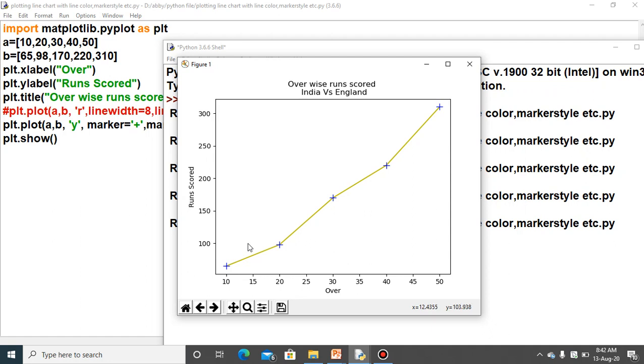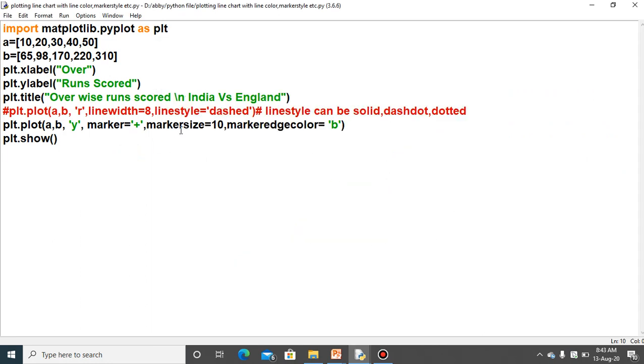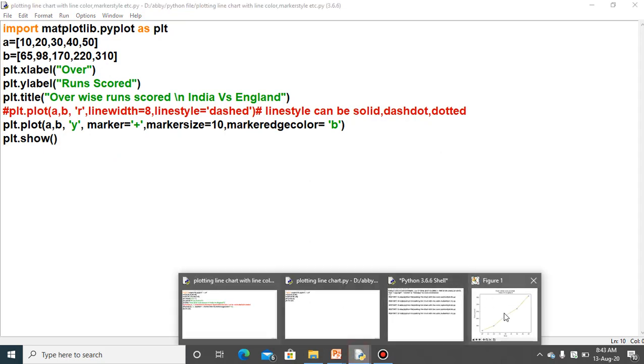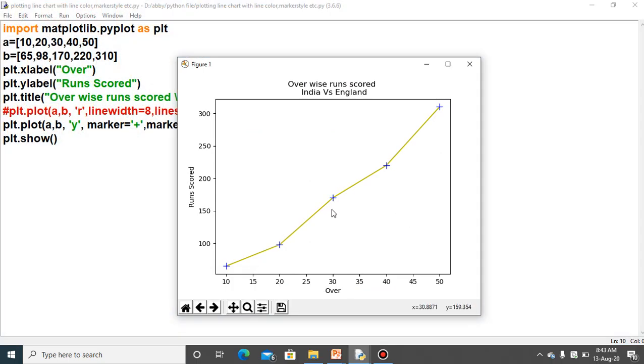So you can see the data point here, that means this very value is 98. The rest of the markers are coming in that very way. In the earlier graph the marker was not coming, but the graph was correct. Okay. The marker size you have specified as 10 and the marker edge color as blue. So you can see here the marker edge color as well as the marker size.